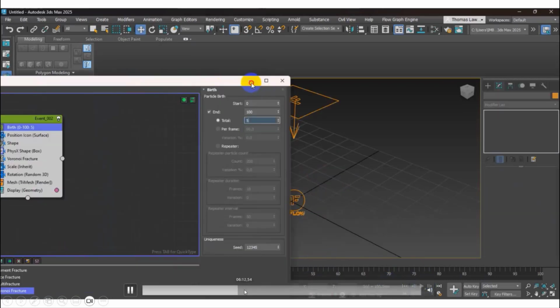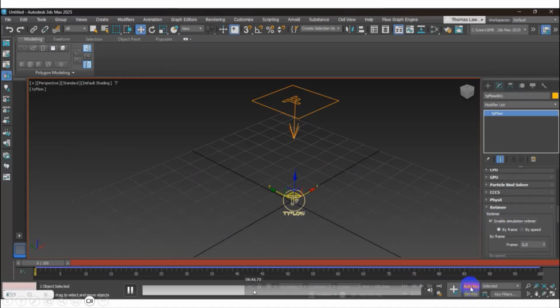Okay, so I move. This is a simple example. Let's say I want to adjust the frame. You can even adjust the retimer, the retimer inside TyFlow. Let's say I don't want to put keys manually, frame by frame. So I want to put the key from the TyFlow modifier here.